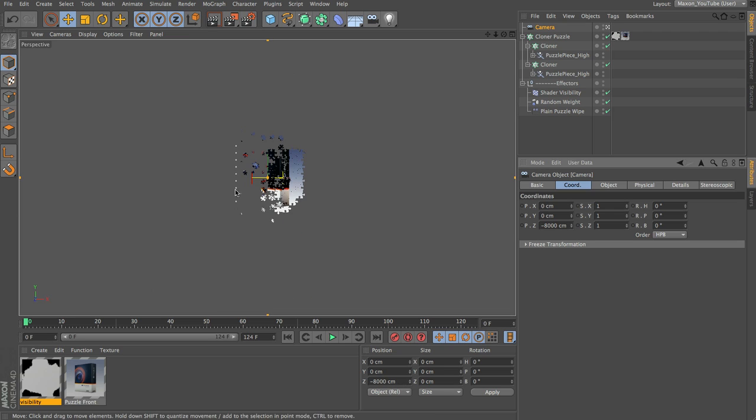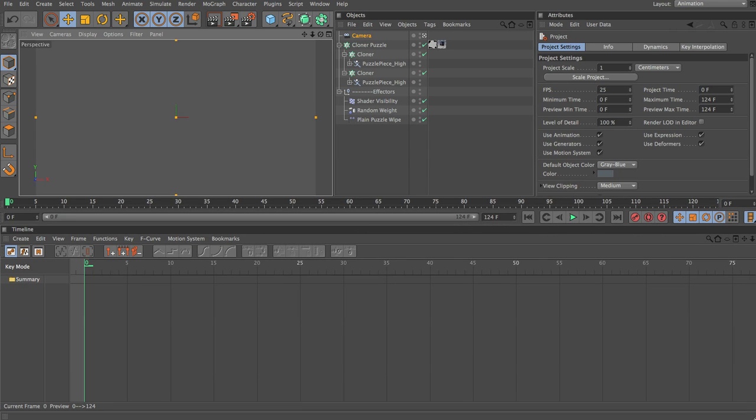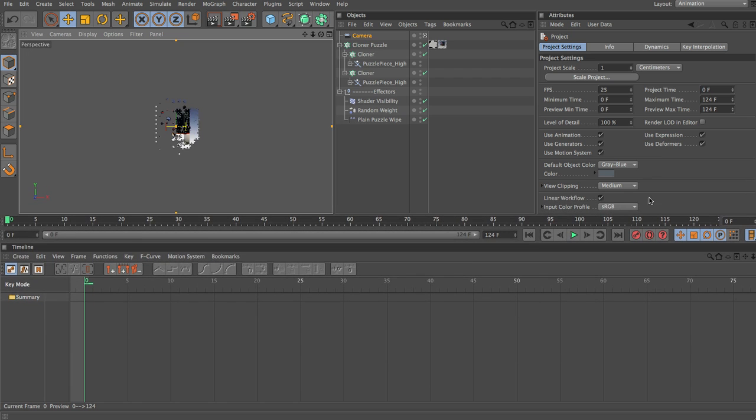So it's quite a long way back, and you can see here our puzzle is quite small, so we can start at this point and slowly bring our jigsaw on as we accelerate forward, and then we gradually move towards it until it's almost full screen, and then at that point we zoom through it. At this point I'm going to switch over to an animation layout. Just let me resize that so that it fits within the capture area. I normally use my own layouts for this, but I'm using the layouts that Maxon supplies, so you should be able to follow along nice and easily.